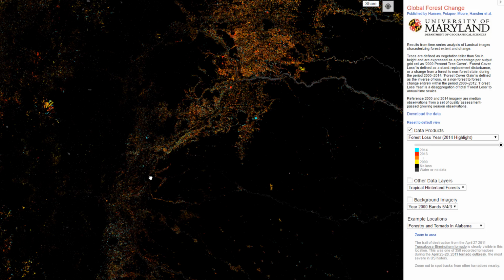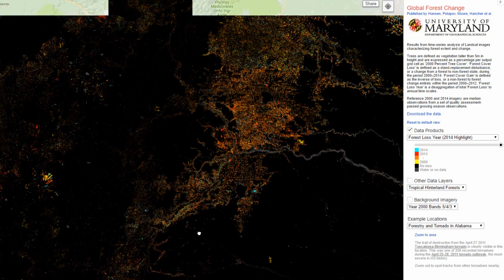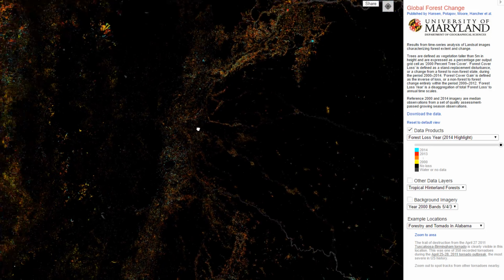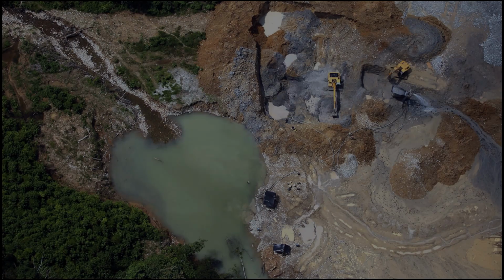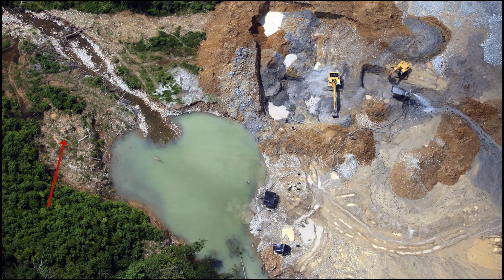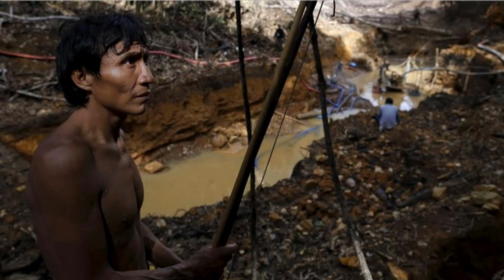The application itself uses tree loss data from 2001 to 2014 from the University of Maryland's Global Forest Change site. We use tree loss as an indicator of mining operations in the Ecuadorian Amazon. These operations cause problems for the indigenous people in the area, as companies seize indigenous territory and exploit it for